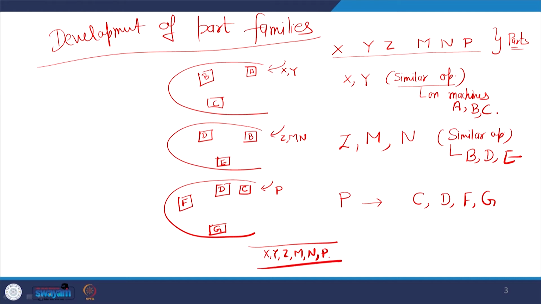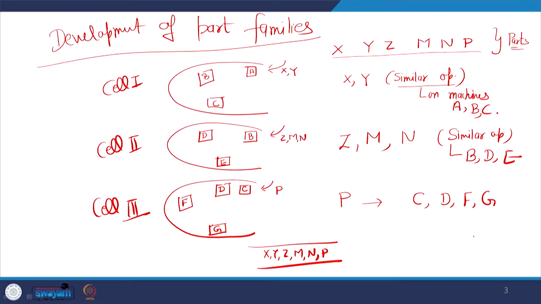So, this is how 3 cells, cell 1, cell 2, cell 3. These 3 cells are there, and these 3 cells will make you 3 different part families. So, now any new part, let us say a new part R is to be introduced. You want to make one new part R, and that R has